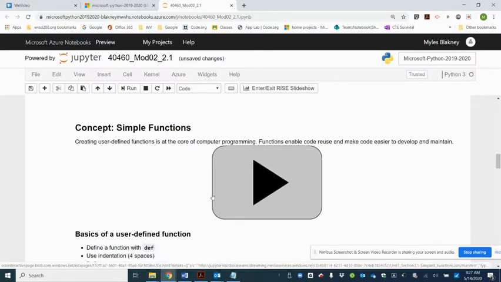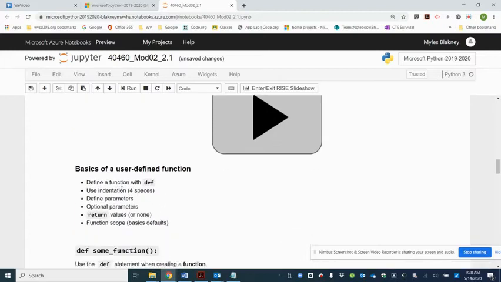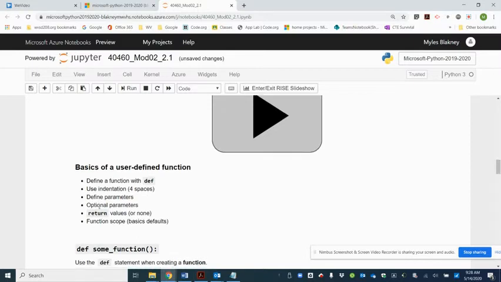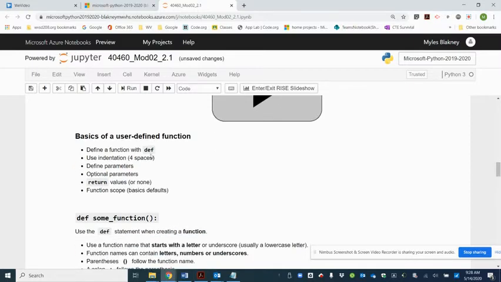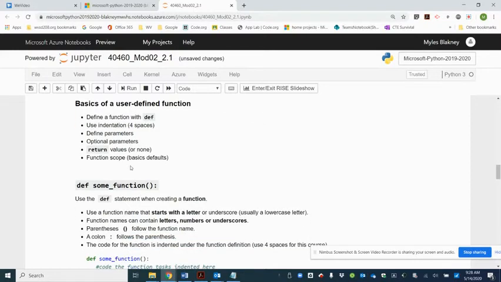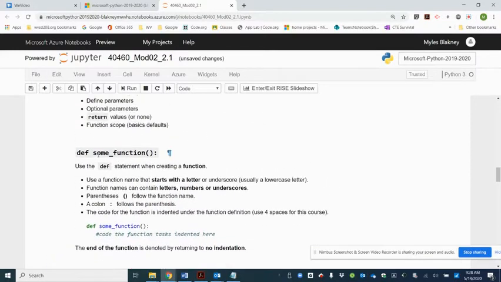Okay, please watch the video on creating simple functions. Functions must be defined with the word def. You must indent all lines that go with the function. You define parameters inside the function call, anything in the parentheses, and can have a return value. So in this case, we have